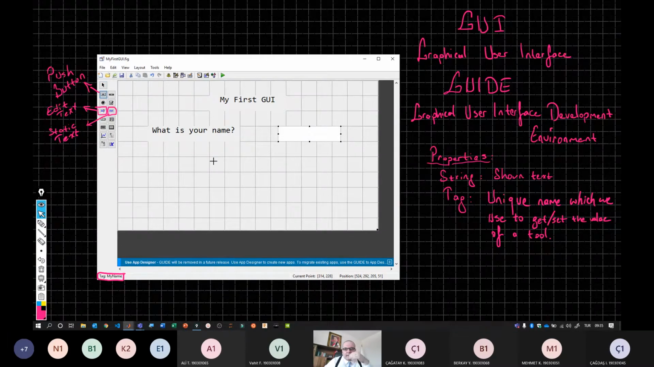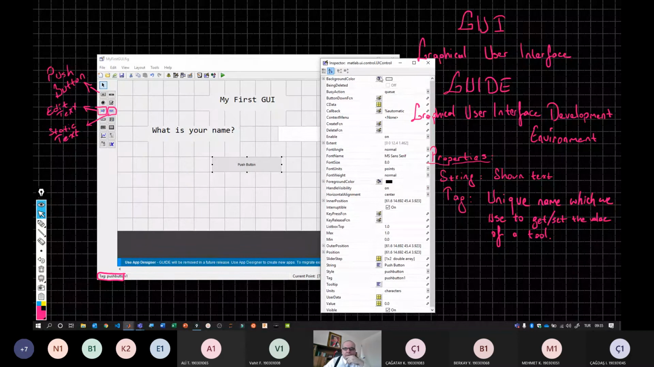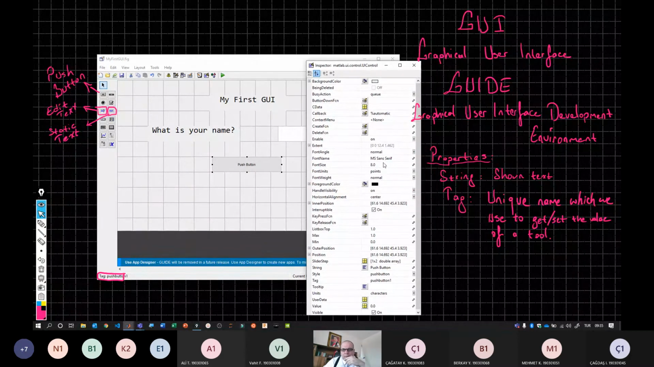I'm going to select a point and then drag this point to adjust the size of this tool. So I'm going to do this. Now I have my push button, and again I'm going to double click this tool to change its properties. So I'm going to double click this one, and first let me do the same thing. Let me increase the font size and change the font name to Consolas. All right, and now first